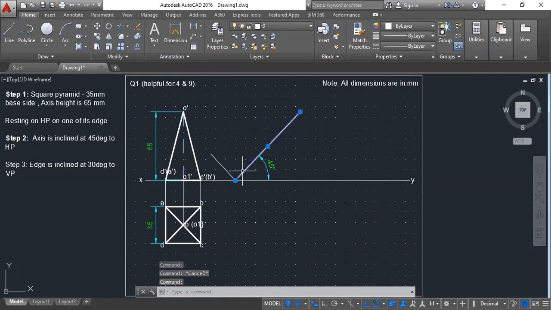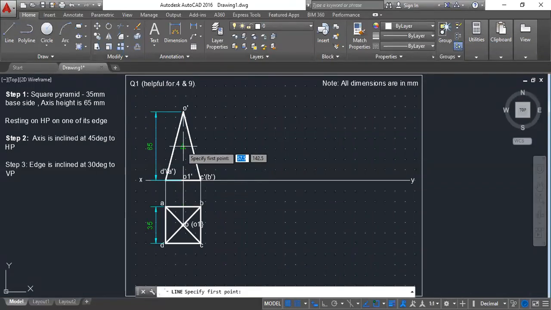Now if I start with the axis, the question will be, how would I find the point where it is resting, C prime, B prime? How can I find that? It will be difficult to find that. So for pyramids, the one thing that we can do simply is, whenever they give axis inclination, take 90 minus that axis inclination. Here the axis is inclined at 45 degrees, so take 90 minus 45, which will be 45. So take 45 degrees in this way. Again, some random length.